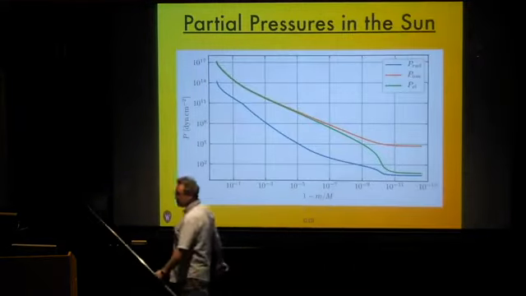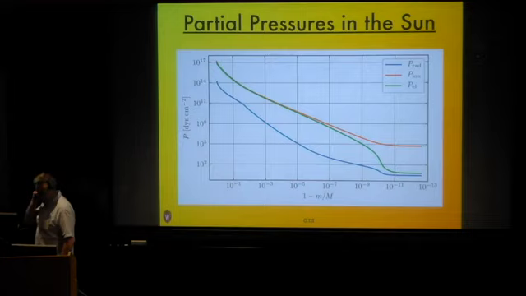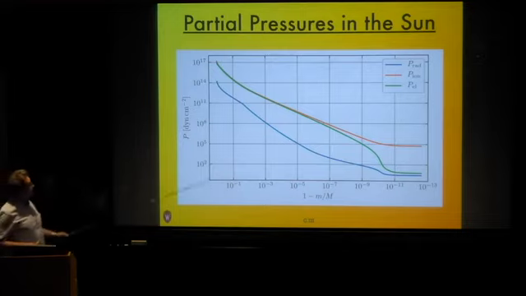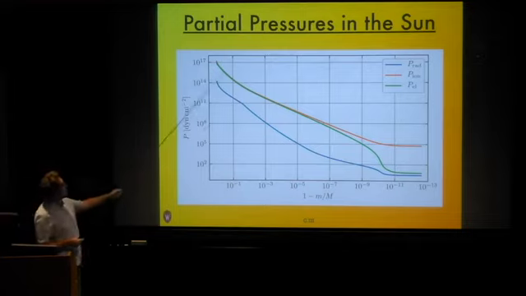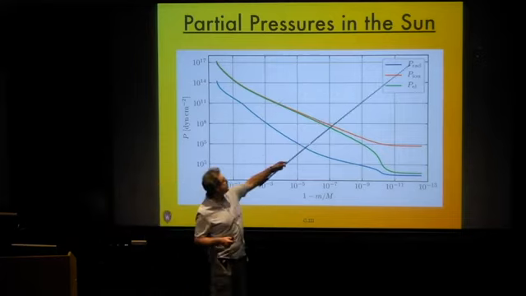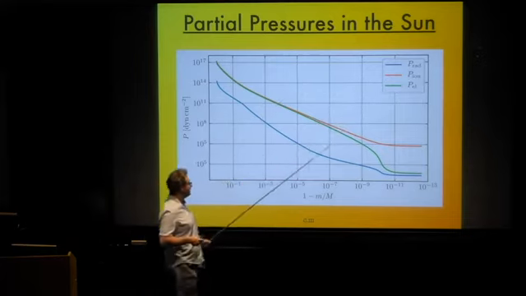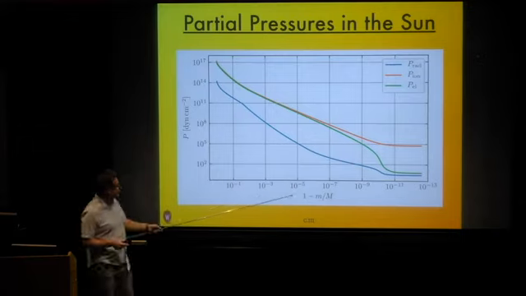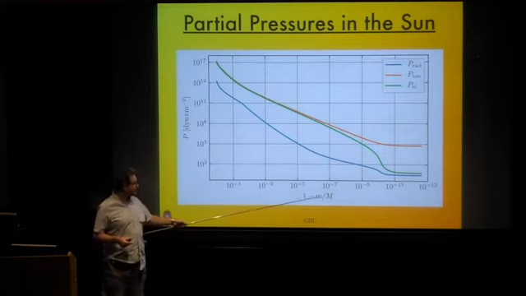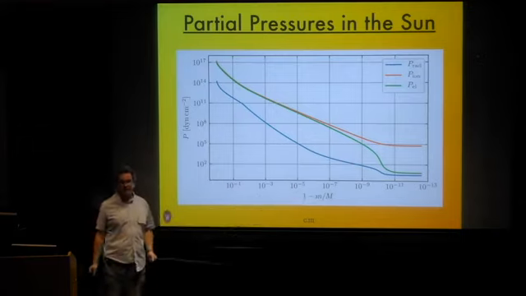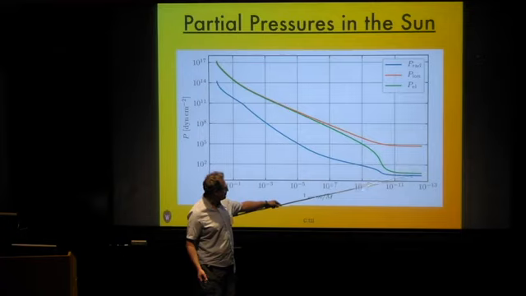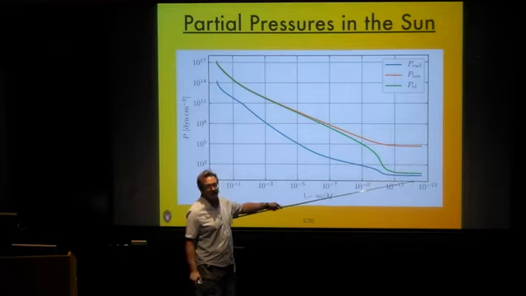So let's take a look at those partial pressures in the sun to get an idea of where we stand. This is a plot of the three different partial pressures: the radiation pressure, ion pressure, and free electron pressure. And I've done it as a function of 1 minus the mass coordinate divided by the total stellar mass. This is a nice way of plotting quantities in a stellar interior, because it tends to magnify the surface layers. So if we're out here, for instance, at about 10 to the minus 12,